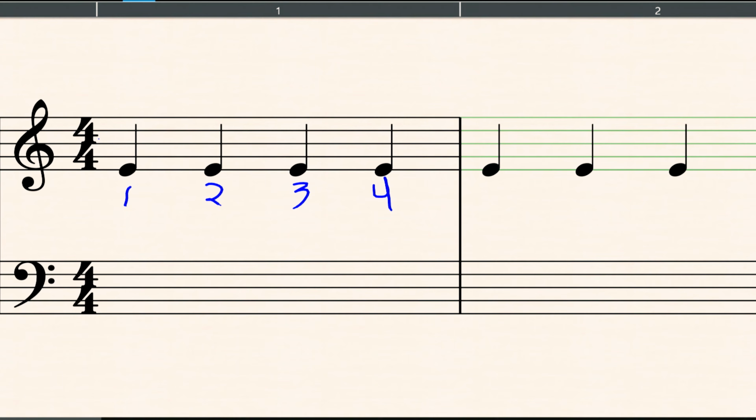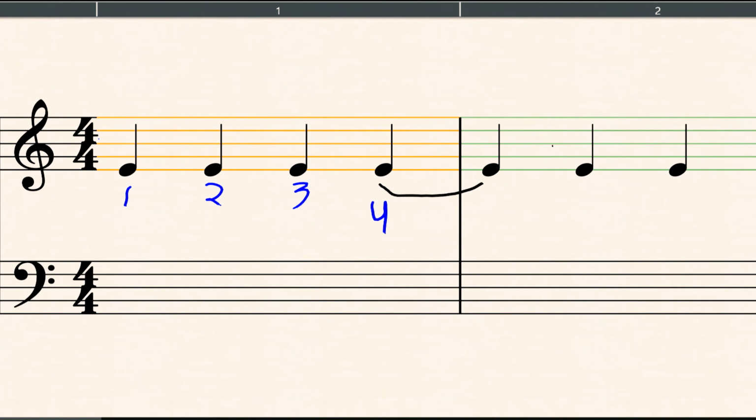But say you wanted to put a half note, like in between the measure. Say I want to hit this one for 2 beats instead of 1. So is there a way to do that? And the answer is yes, there is. And we do that using the term, or the symbol, either one,